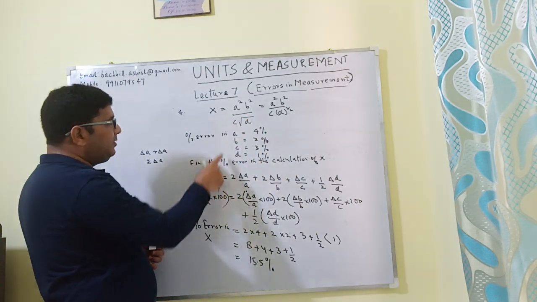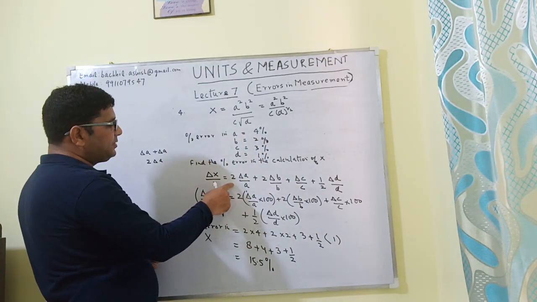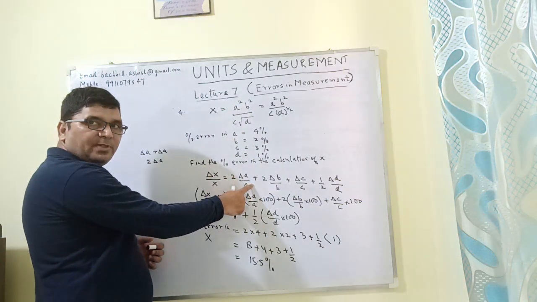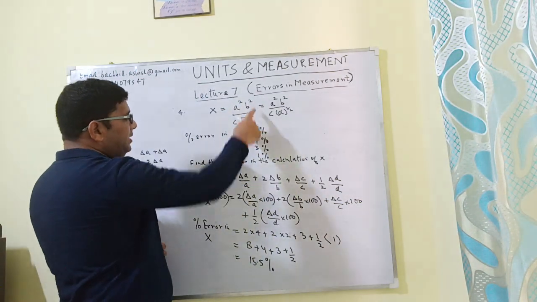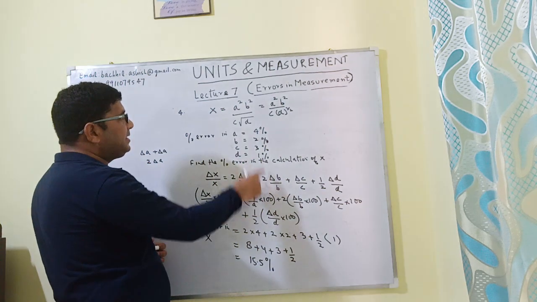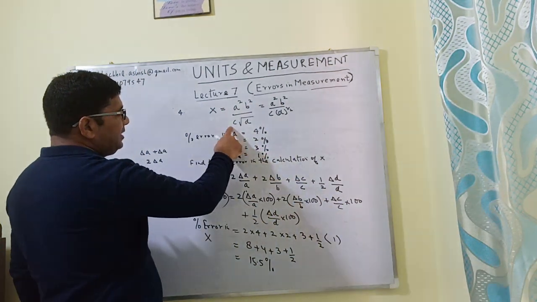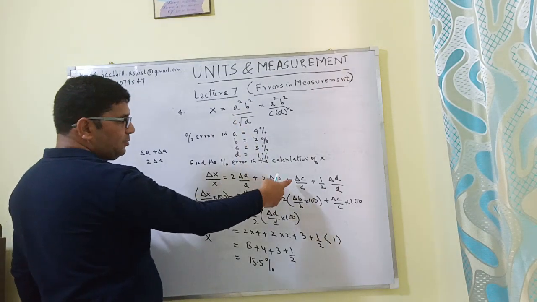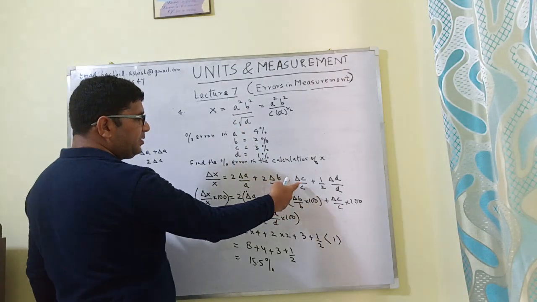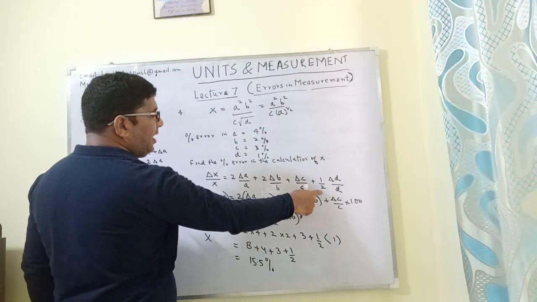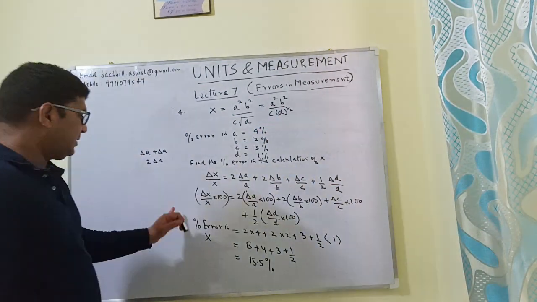So what we have done is, here you can see that delta x upon x is equal to 2, that is, that power is multiplied by the relative error, for b square. Then 2 is multiplied, this power is multiplied by the relative error. Here the power is 1, so there is nothing to write, that's delta c by c. And now here the power is half, so half delta d by d. So then we have multiplied